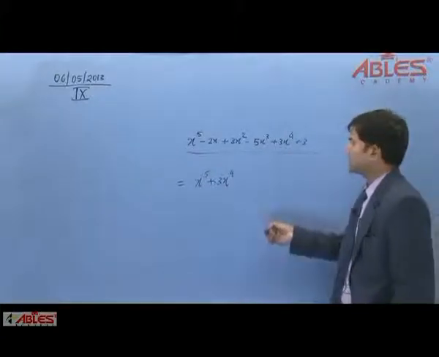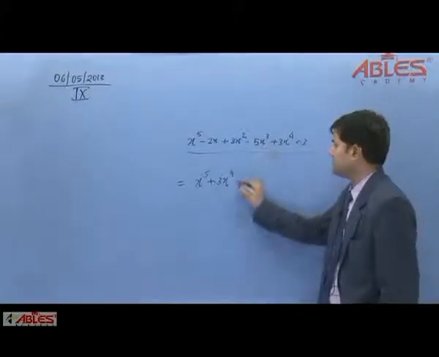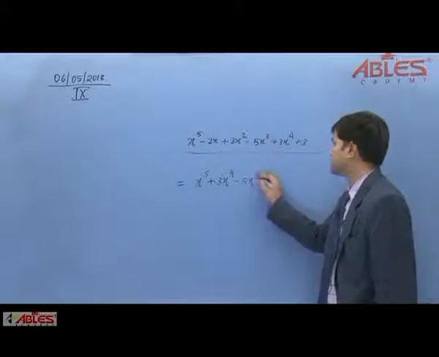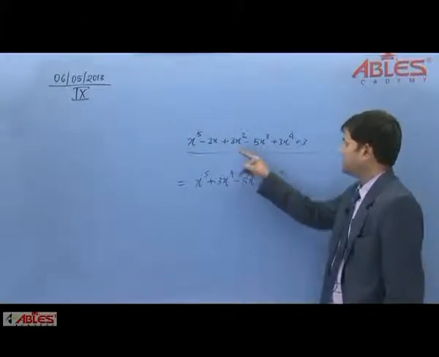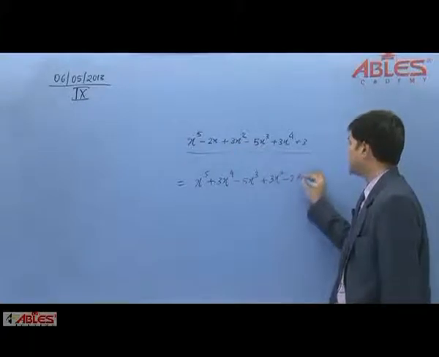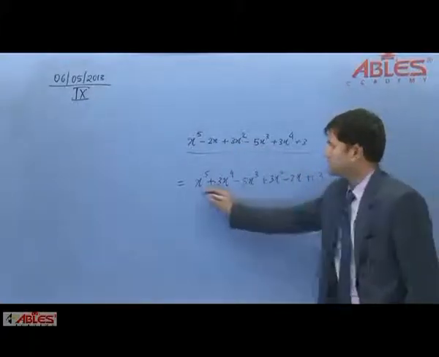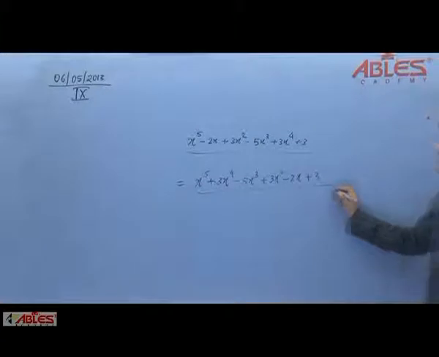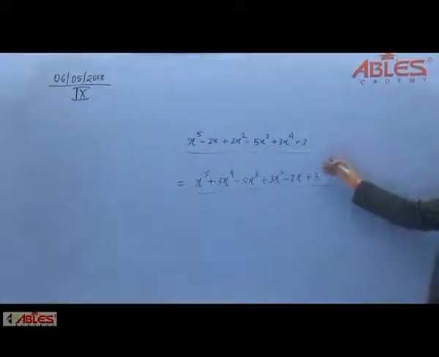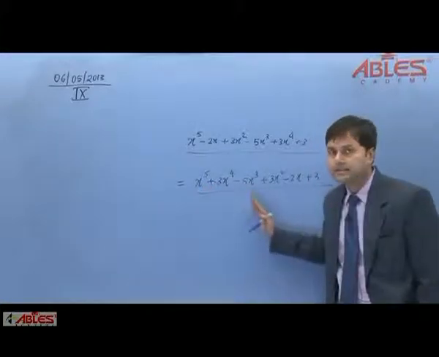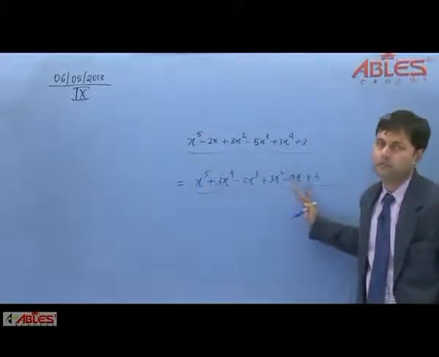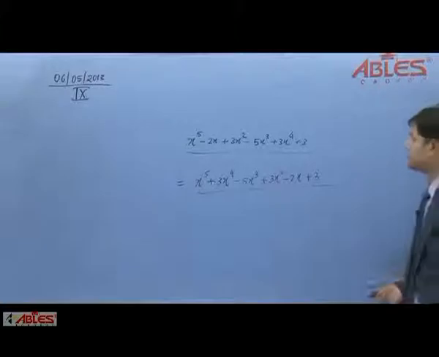Then we have to write cubic terms. See, we have a cubic term here. So write minus 5x cube, and then a square term plus 3x square, then linear term minus 2x, and finally we have to write the constant one. So it is the way how we have to write the given polynomial in a standard format. That is, we have to write in a definite pattern, that is in a decreasing power of x. So this is a standardization.